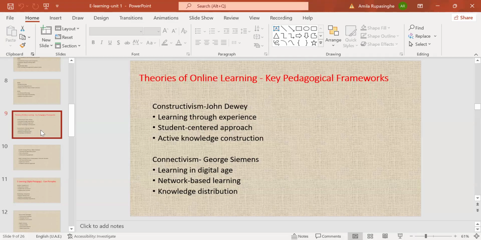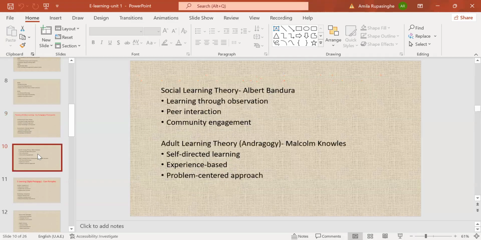Therefore, we use theories like constructivism by John Dewey, connectivism by George Siemens, social learning theory of Albert Bandura, and adult learning theory by Malcolm Knowles. Because we talk about andragogy, or adult learning theory, because mostly e-learning and distance learning was started for adults, right?